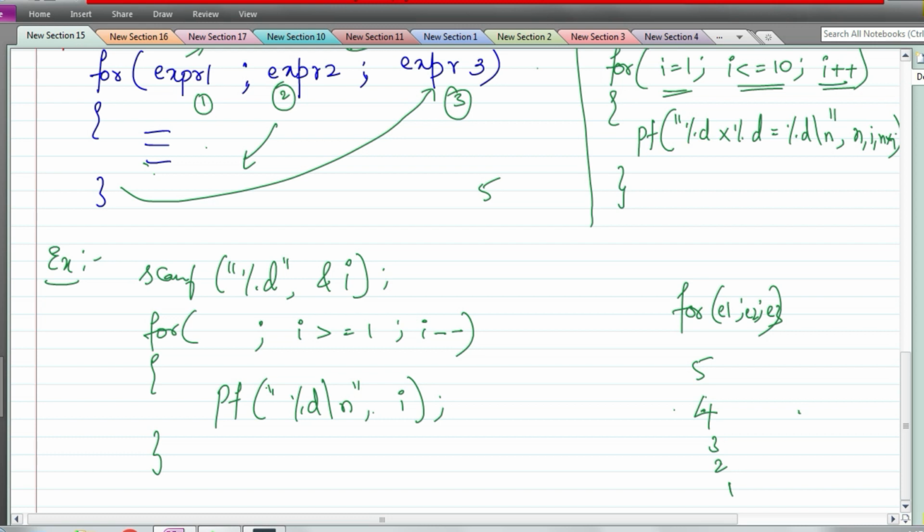So what is the difference between while and for? For is like a compact version of while, where initialization, condition, and expression are all written in one place. Now you need to understand when to use each of these loops. While and for are very similar. While you can use whenever you want. For you use only if you already know there is a fixed initial value, say for example I equals 0. For such things you can make use of the for loop, where the initial value is known and fixed: for I equals 1 or I equals 0.